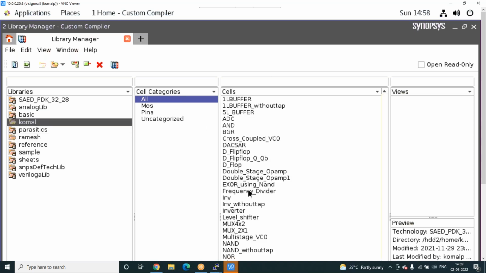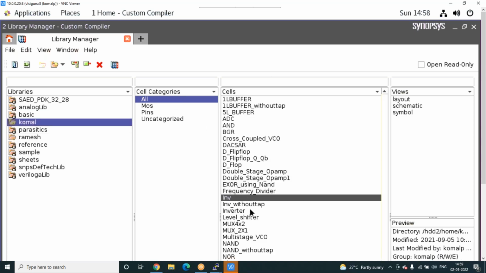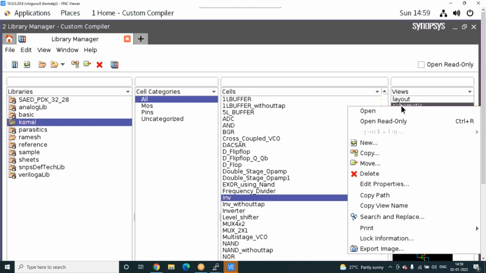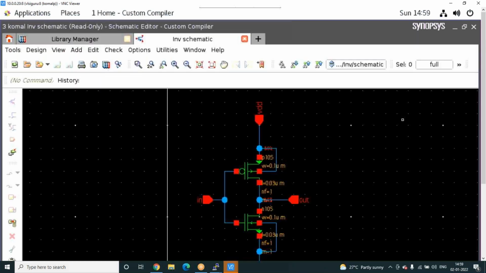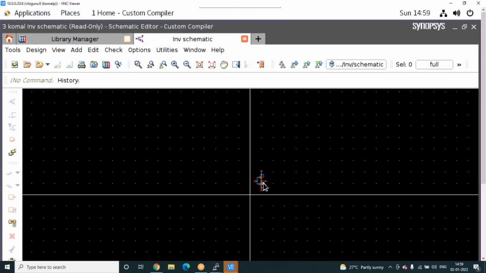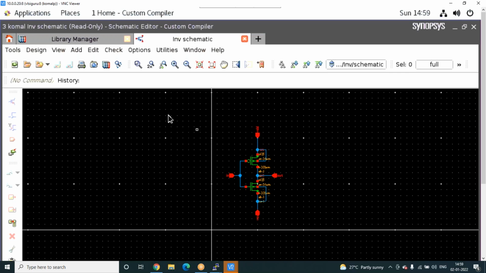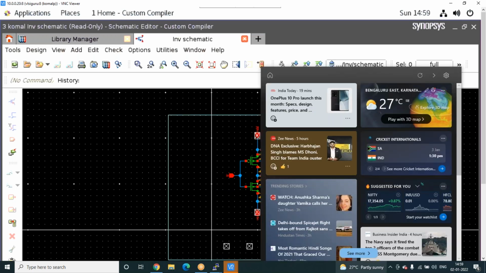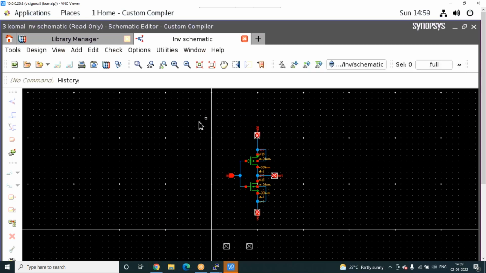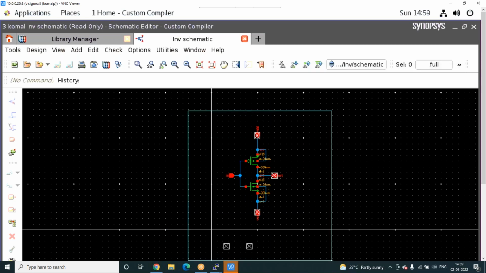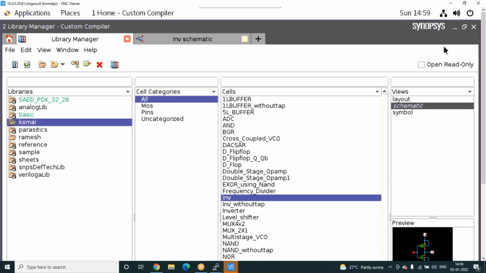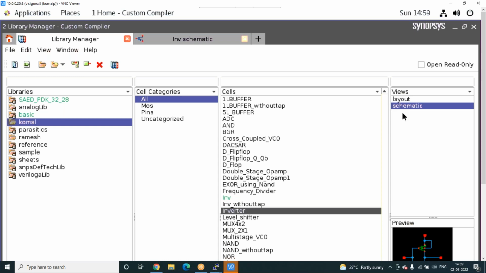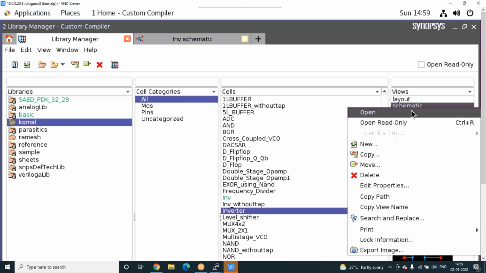Okay, let's see. I'll show you the schematic. You will design the schematic here also, from scratch.